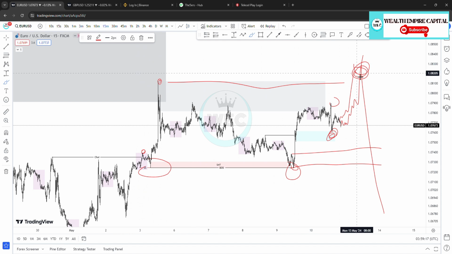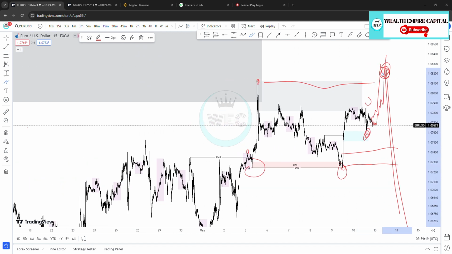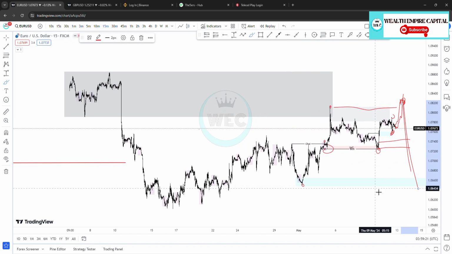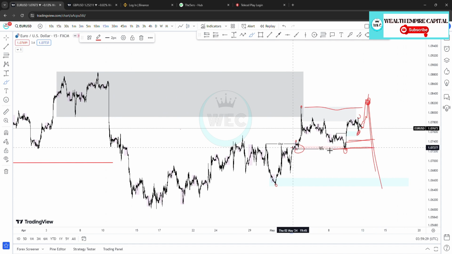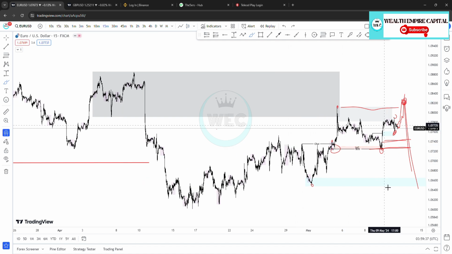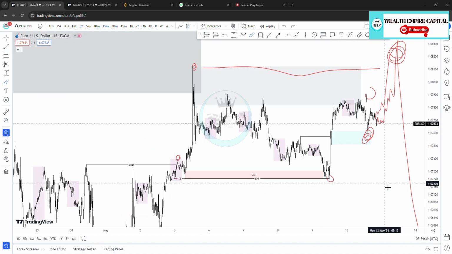So if price is coming down, it has every reason to drop. The first reason is we are reacting from a higher time frame point of interest, which is stronger than this intraday point of interest. Second reason is we have equal lows over here. Third reason is we are bearish on the daily structure. You understand? So price will have every reason to drop if it decides to take out the previous weekly